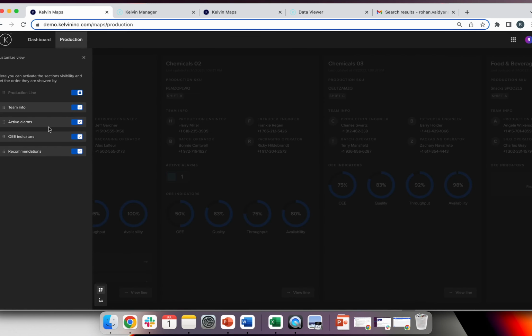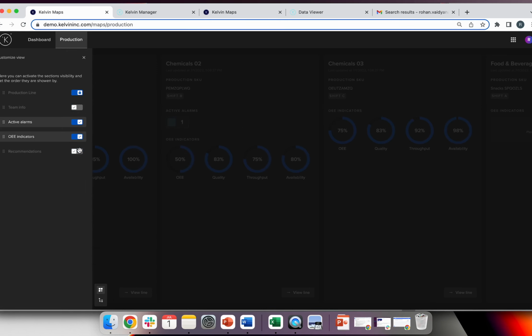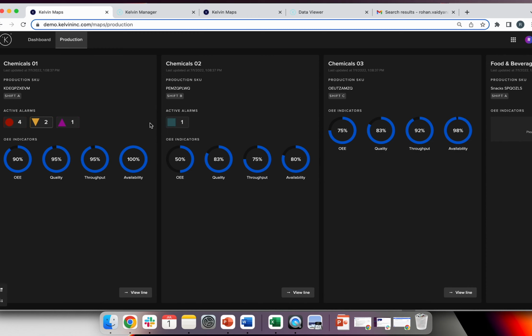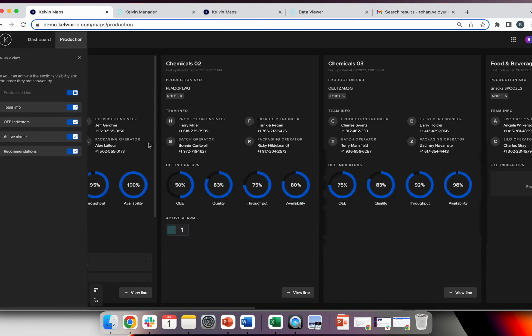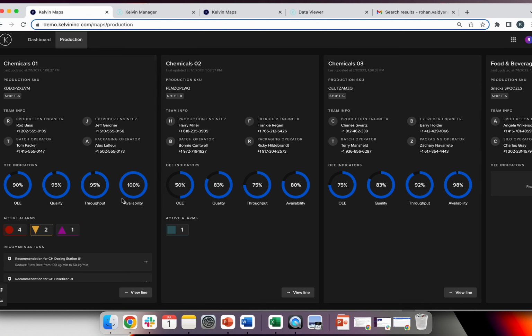Another thing which is cool about this is, sometimes operators want to have just very minimal information. So you can go and customize the screen for the information that you want to keep on top, and you can even move around these metrics. So it's a very intuitive and easy to use interface, which is also very familiar because all of the icons